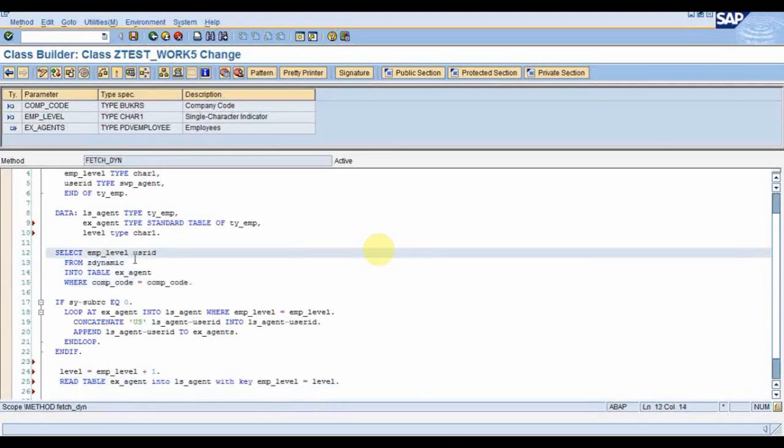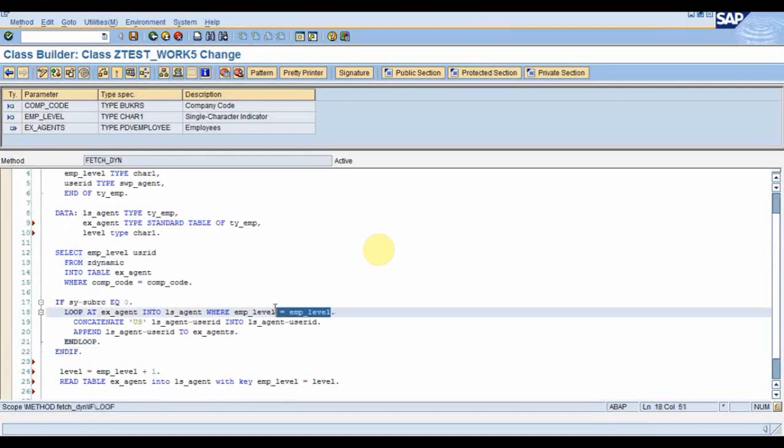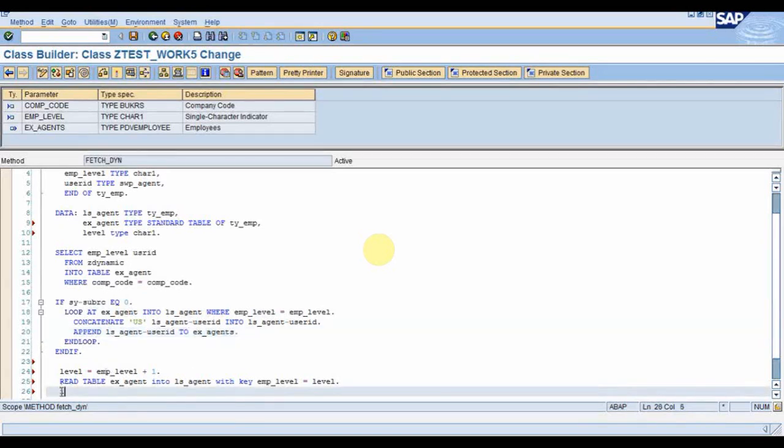Suppose we have 1 for LKDA and suppose we have 2 for Kumar K. So what will happen, 1 for LKDA has been populated here because this employee level was containing 1. So therefore for 1 we have populated LKDA, but for 2 we need to check whether for the next level, that is for 2, the IDs exist or not. If it doesn't exist, then we will populate one variable. So we will see if sy-subrc is not equal to 0,